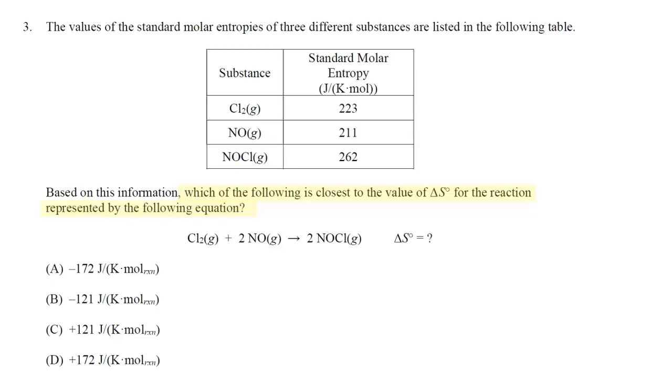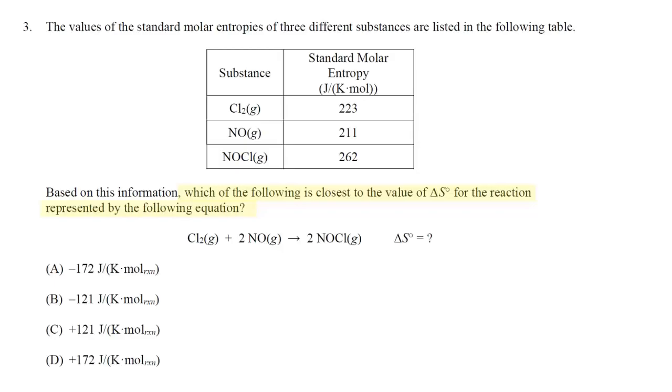So we are given a balanced chemical equation involving 1 mole of chlorine, Cl2, reacting with 2 moles of nitrogen monoxide, NO, and it produces 2 moles of nitrosyl chloride, which has the chemical formula NOCl. So as you can imagine, this will involve a